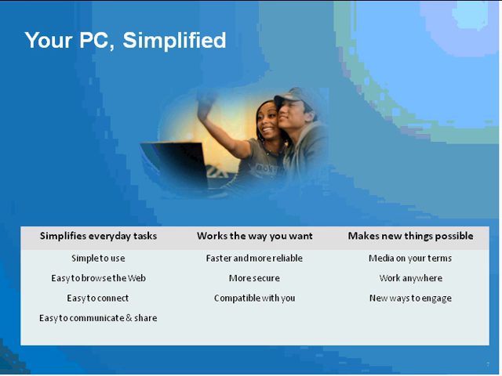So pillar number one was making your everyday tasks simpler. How do we enable this? Is by making it simple to use as much as possible, include enhancements that would help you get where you wanted to on your PC, the information on your PC and the applications on your PC faster. The PC should make it easy for you to browse the web in a secure way so that you don't have to worry what's going to happen when you visit a website. As much as technology can help you, Windows 7 wanted to help you with that. It should be easy to connect.